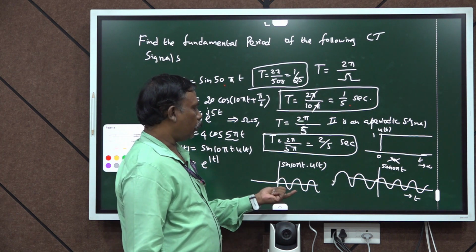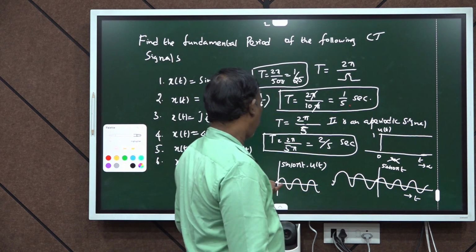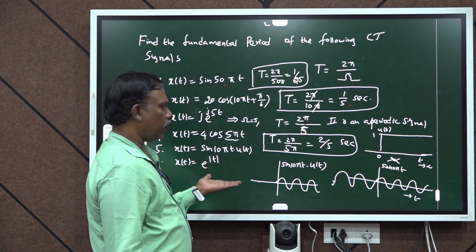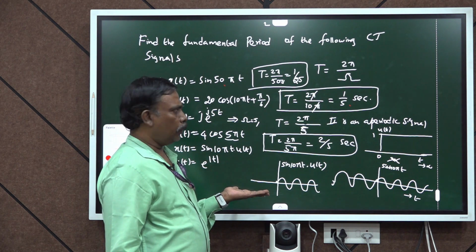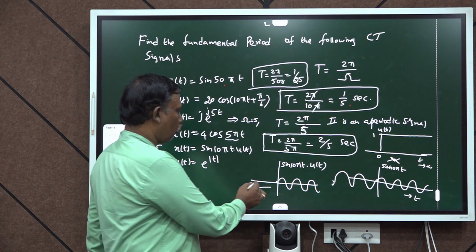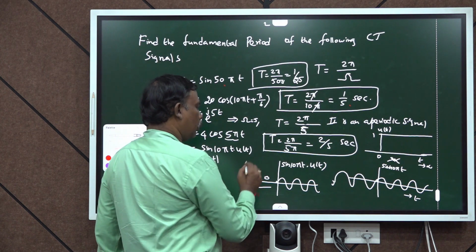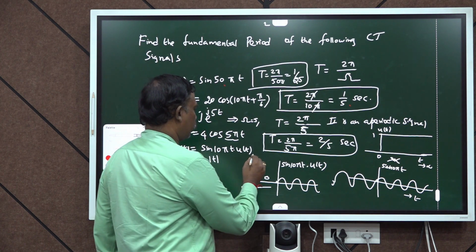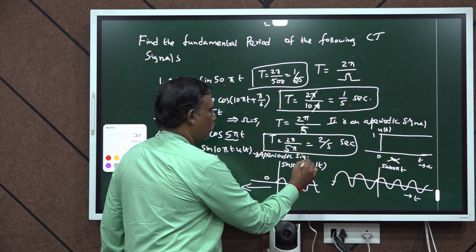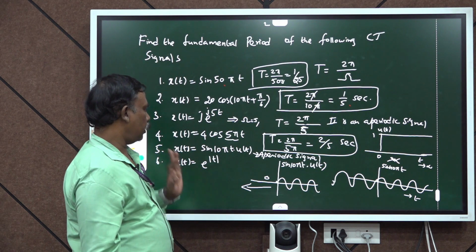From this signal, you have to find out whether it is periodic or aperiodic, right? You multiply both the signals and clearly find that it is aperiodic, because here the sine wave is not repeated. Here for negative time the signal strength is 0, it is not repeated. So it is aperiodic. Aperiodic means no fundamental period. For an aperiodic signal, you need not calculate the fundamental period. So this is aperiodic, right?